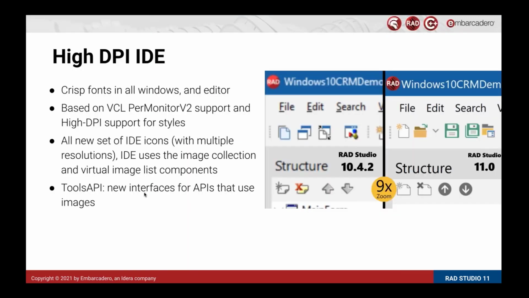Now, I mentioned high DPI being important to developers as well, and we've certainly been working towards this with all the bits that we've been doing. In RAD Studio 11, the IDE is in full high DPI mode. You can see there, this is on 9x zoom, the difference between 10.4.2 and version 11.